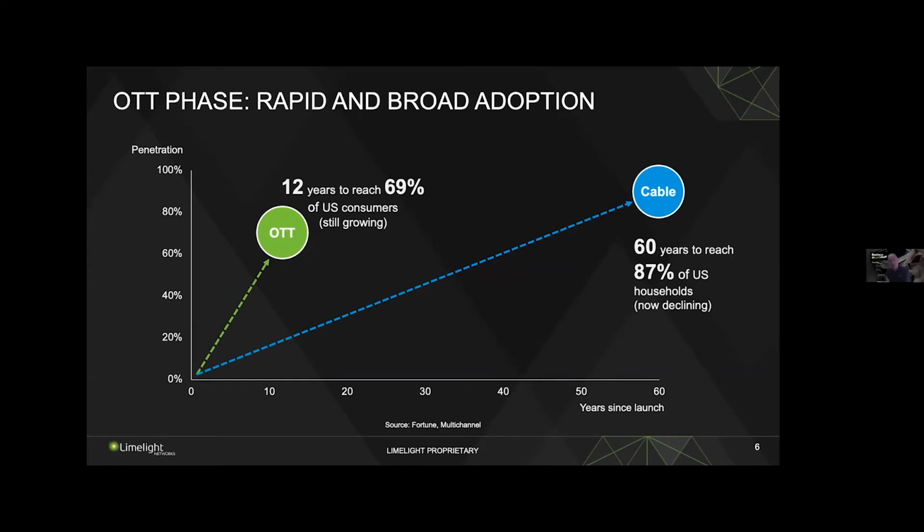We all buy, or at least have access to, new devices very quickly in today's world, versus the amount of time that you'd have bought, or your parents would have bought, a TV and it would have stayed in the house for a long time, versus buying a new one. So there's been a rapid and broad adoption of OTT, and it's massively continuing and offers many opportunities for different types of experiences to be brought to the devices that we're all watching. And for us as content distributors and service providers, to think about the differences between the lean back entertainment environment, the lean forward entertainment environment, and the handheld entertainment environment.